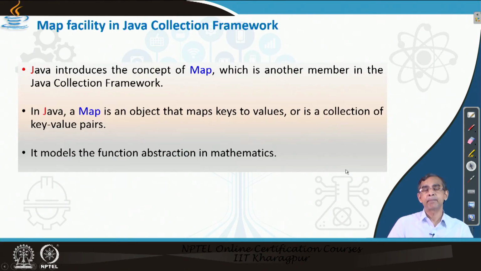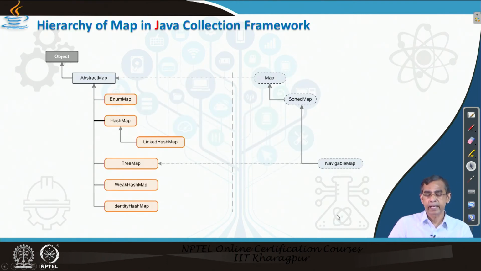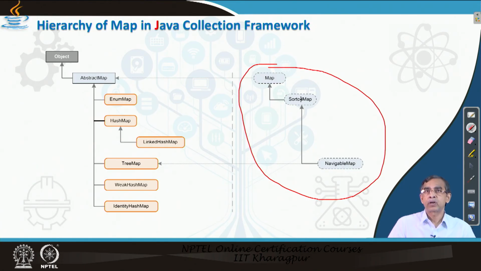Now, let us see what is the map support which is there in the Java framework. Java consists of two frameworks, the collection framework and the map framework. The map framework is basically to deal with these tables or mapping. If we see the class hierarchy, it has this class hierarchy. There are a number of interfaces defined in this framework. The interfaces are mentioned here, namely Map, SortedMap, and then NavigableMap. Those are the interfaces which basically have the design.